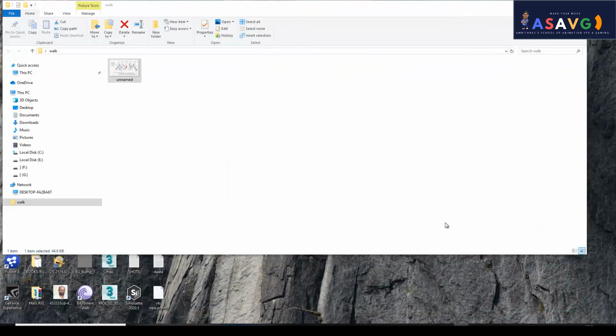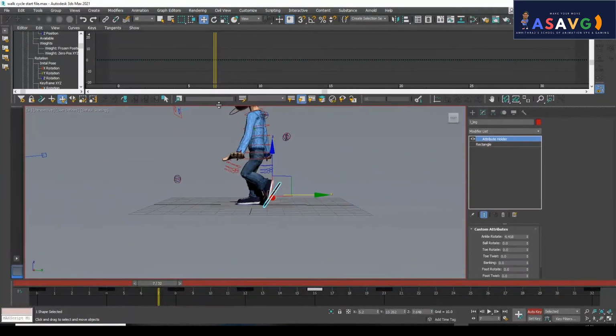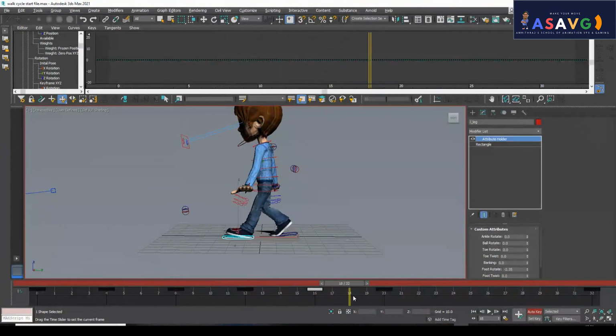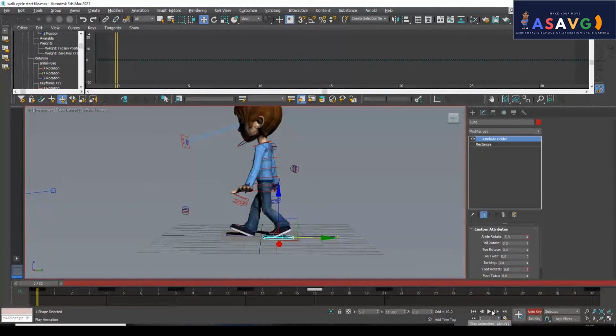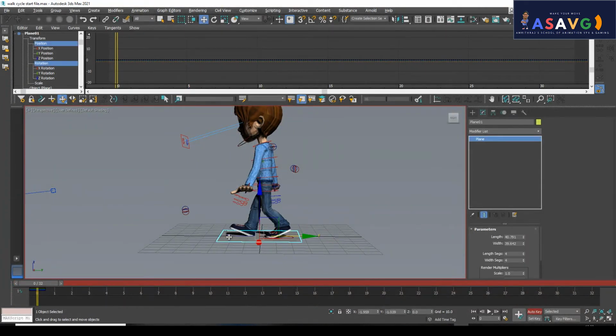So I'll be selecting this, okay, just moving. So I'll be looking like this. We can see the exact movement for the leg, right? Okay, so make sure that the first frame is equal to the last frame.